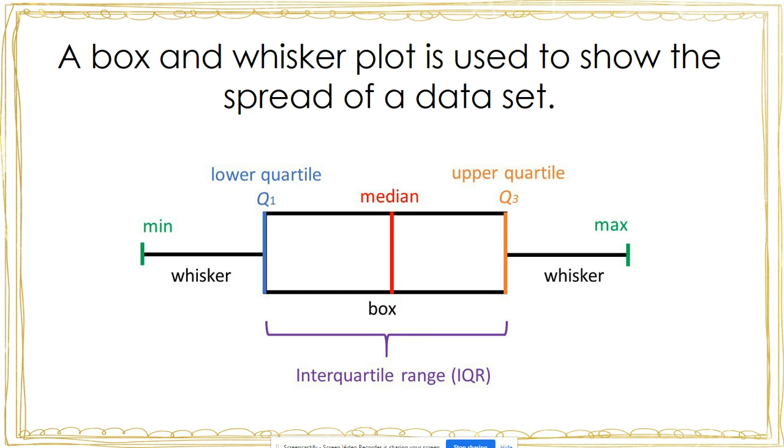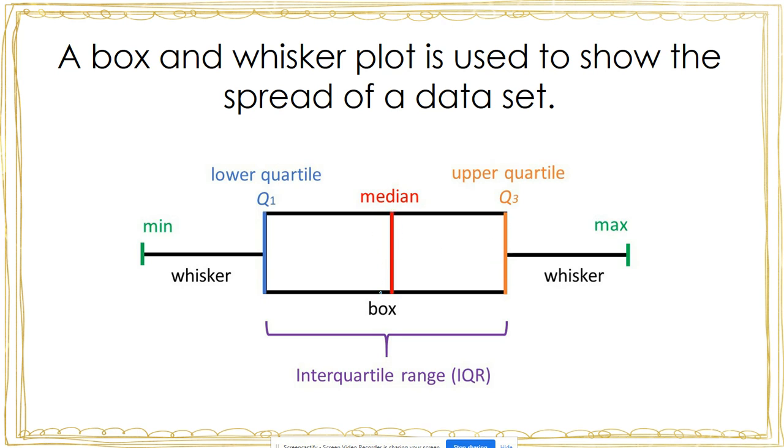A box and whisker plot is used to show the spread of a data set. When we plot a box and whisker plot on a number line, we start by finding the minimum and the maximum, and those are used to create our whiskers. Our box consists of our first quartile and our third quartile, and then our median is found in the middle